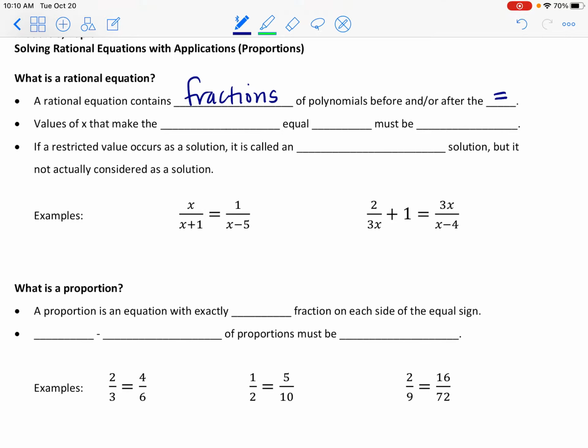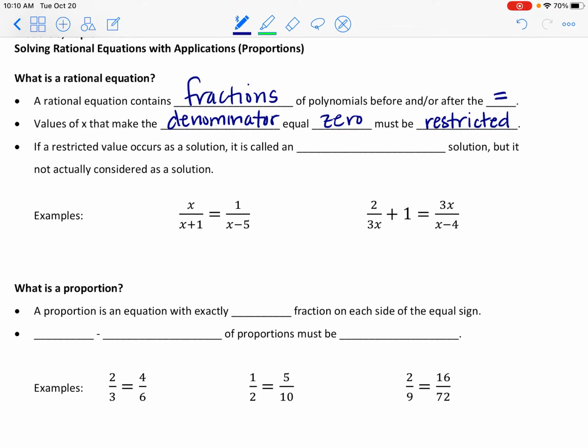So values of x that make our denominator equal 0, they have to be restricted. Okay, they have to be excluded as possible x values,